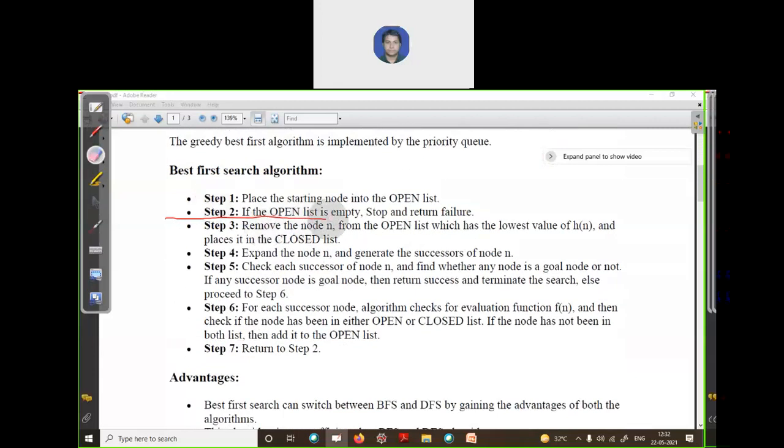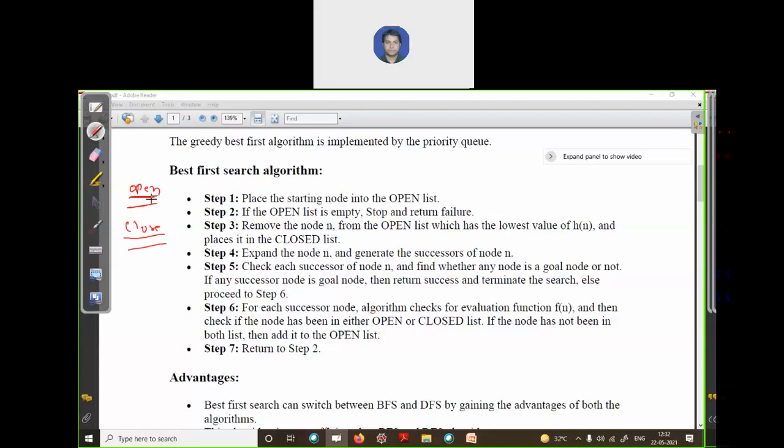In this technique, we are first given a graph or tree, our search space. First, place the starting node into our open list. We create two lists, open and closed.